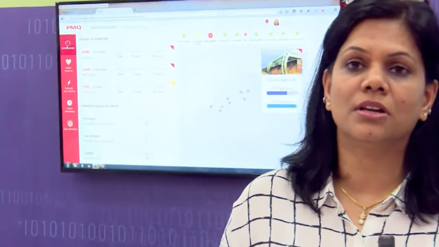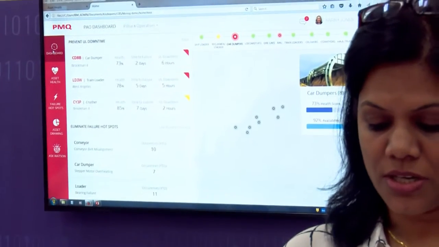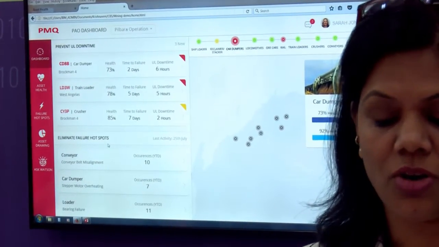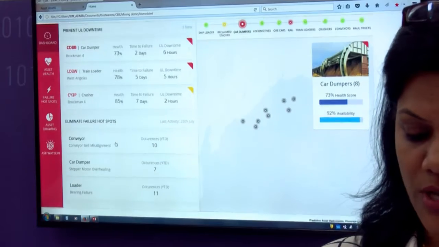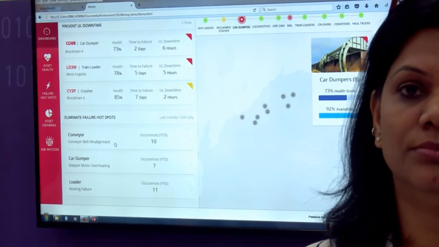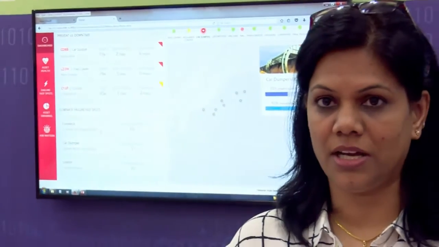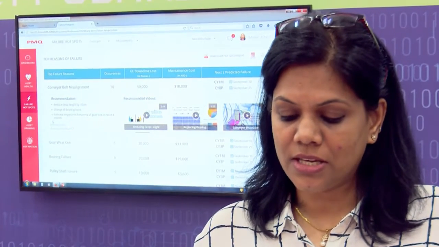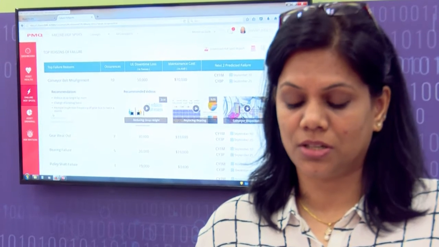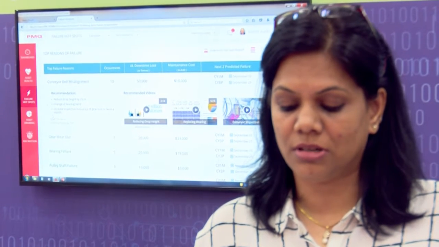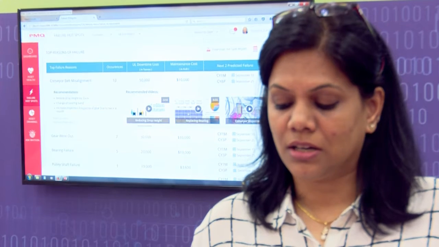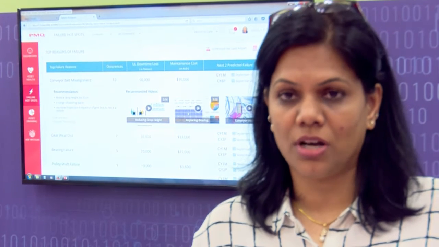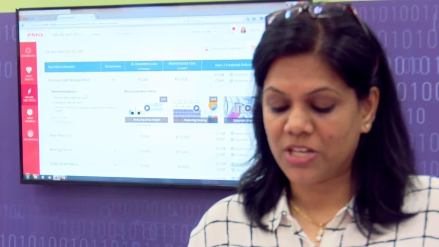Another aspect of her daily routine would be to check what are the problems that she has to deal with. Here is a list of failure hotspots where she needs to decide what proactive actions she can take to remediate this. She looks at the top reasons for failure of a particular component, and this information is given to her from her own knowledge database, based on their log